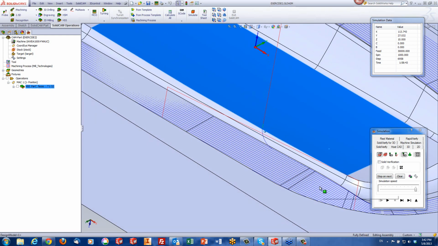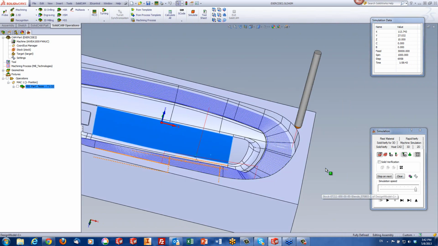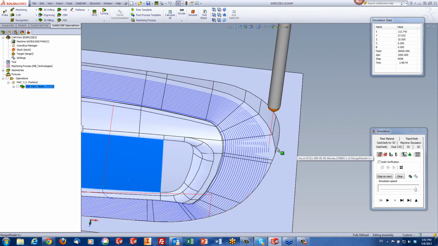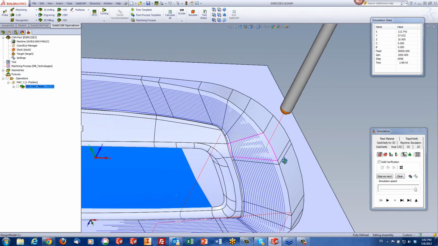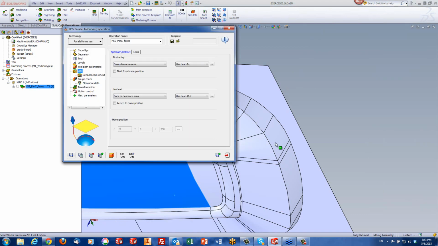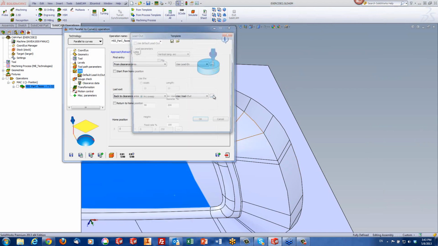And my exit, by the way. Now, note, in this particular case, the exit went straight up for a simple reason, because it has a gouge check over here. And by going straight up, it would have hit the wall. So it just went straight up. Okay? So in this particular case, I could have actually done my lead out. I would have used